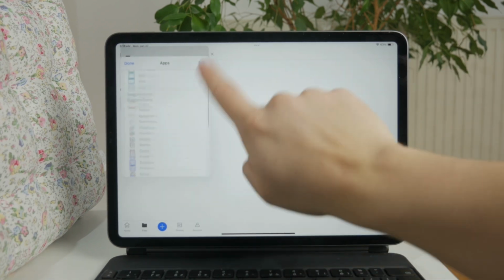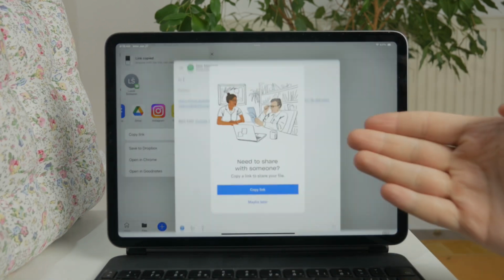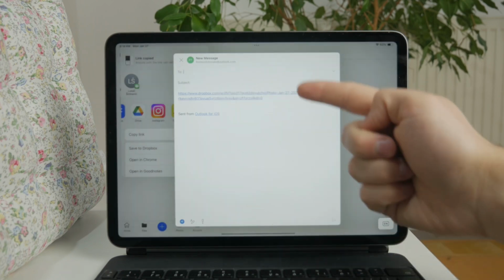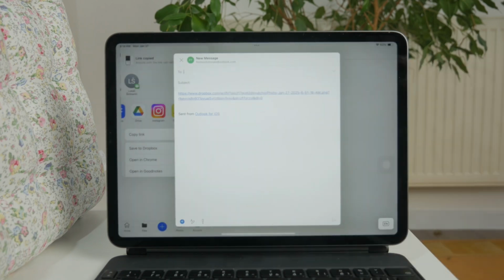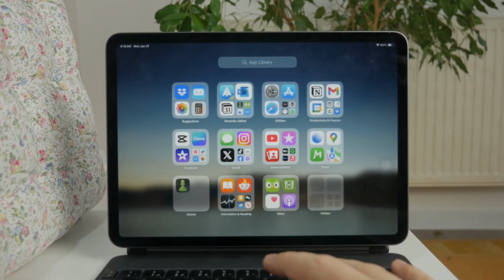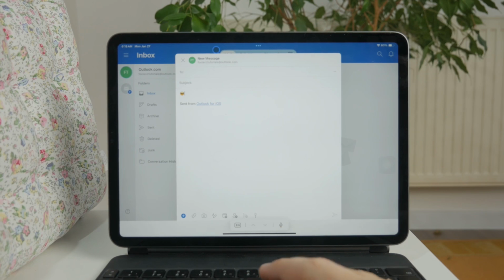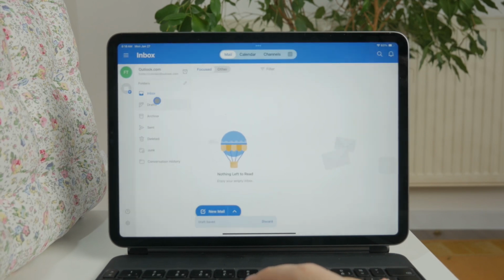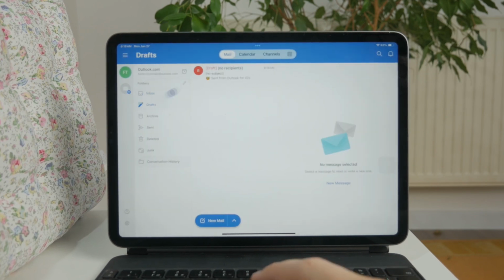It's going to just paste the file directly into a new message within Outlook, which can be shared to someone else, right? And also the other way around, when you have the Outlook email there and you receive an attachment file or something, you can save it directly to Dropbox, and this would be a way to link the two apps